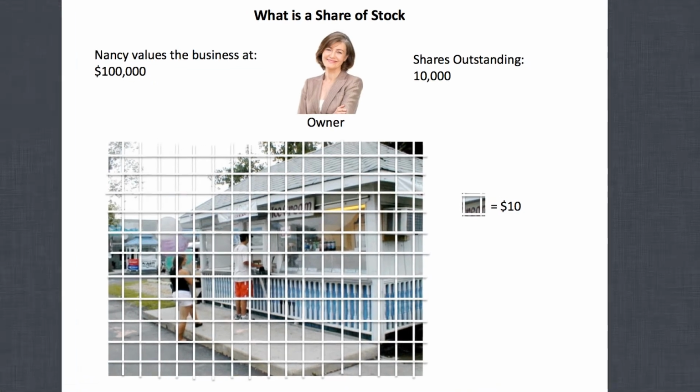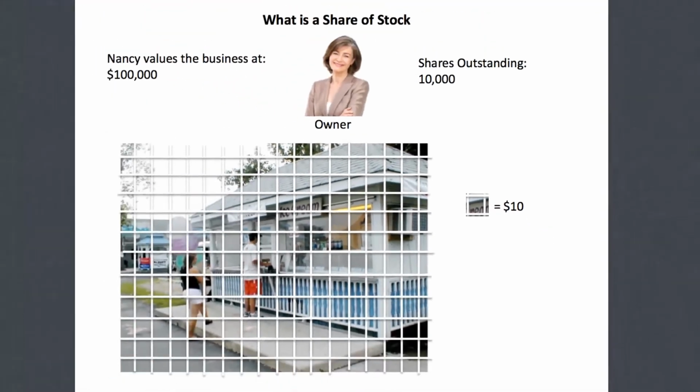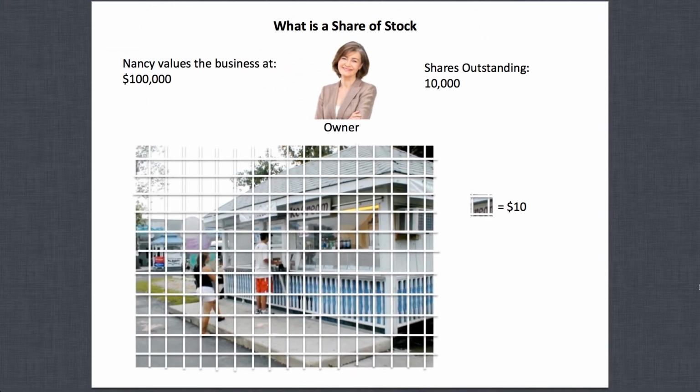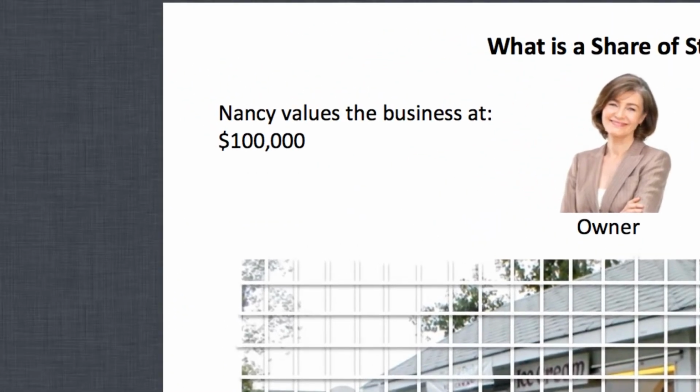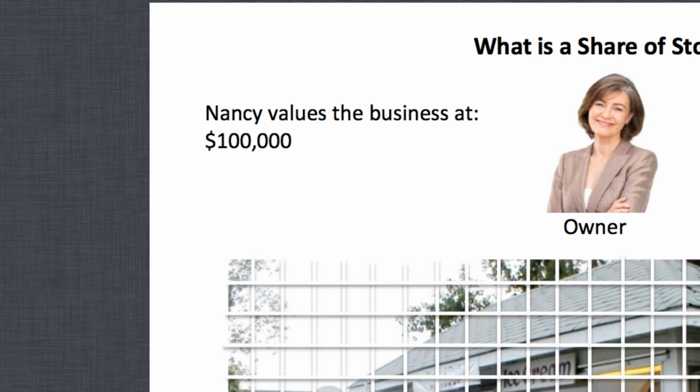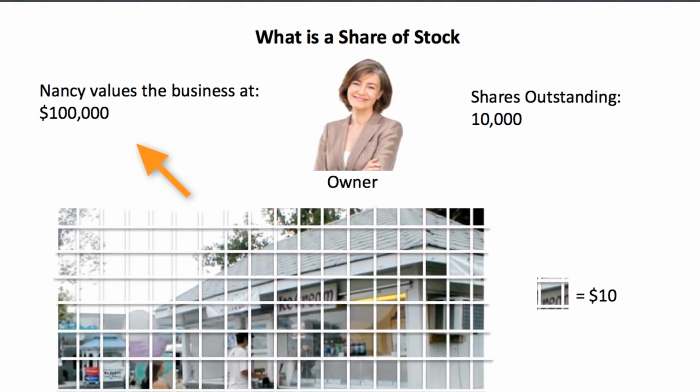And one piece of that business, which you can see the little square there, equals $10. And the way I came up with that valuation, that market price that Nancy has, is we simply took the $100,000. She decided to split the business up into 10,000 shares, and therefore, if you take 100,000 divided by 10,000,